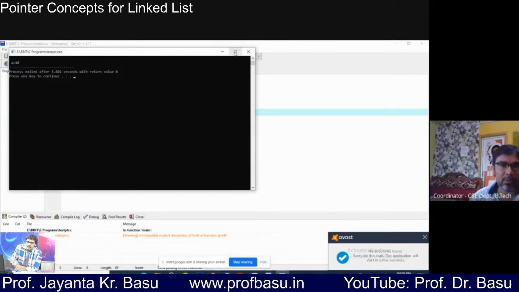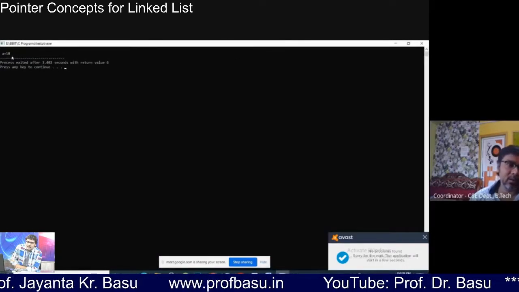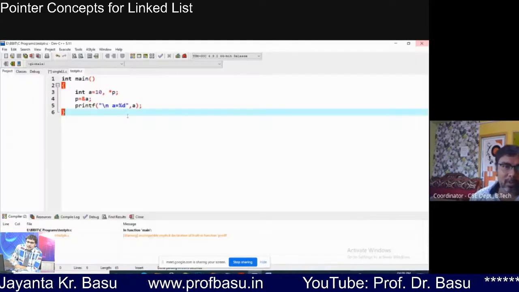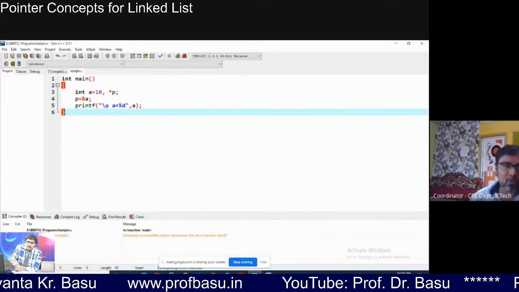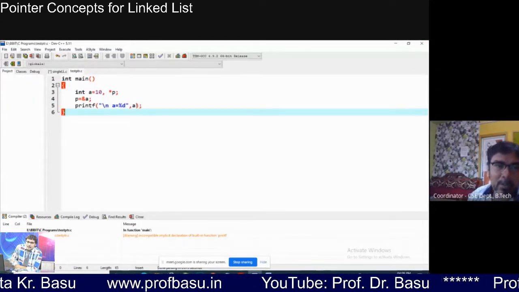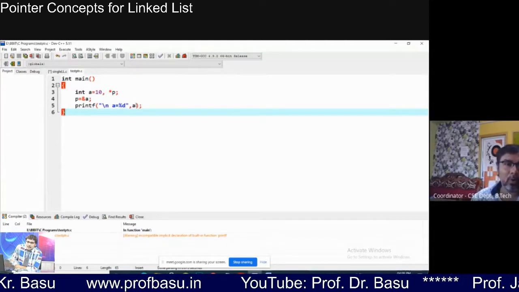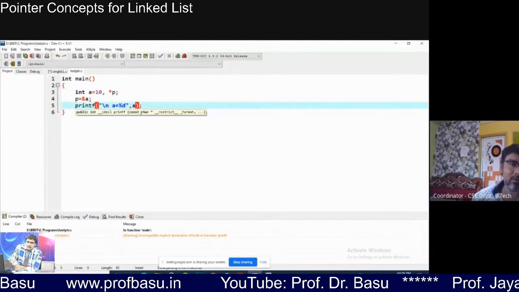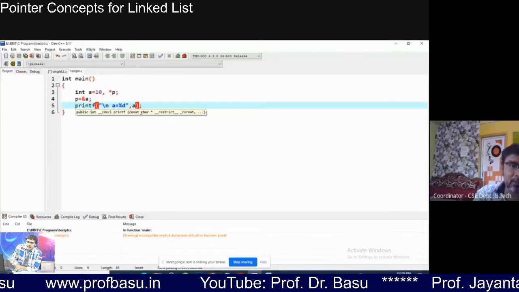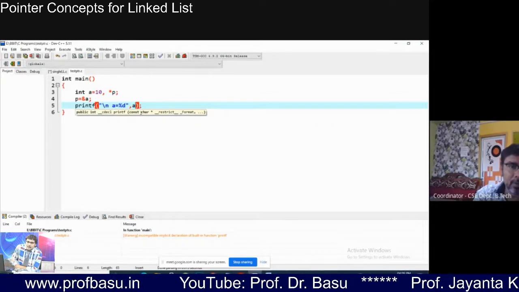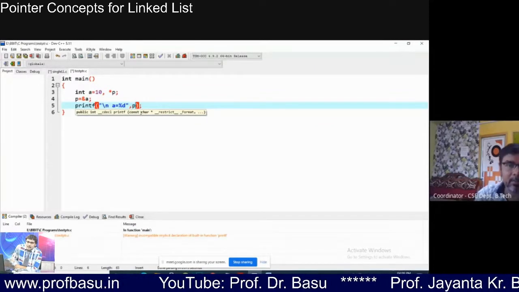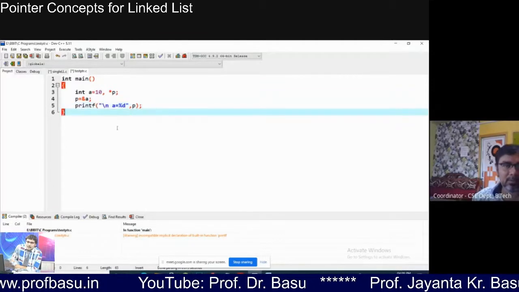10, দেখা যাচ্ছে a is 10, okay, very simple, but I want to now print the value of a not using a. I want to print the value of, okay, let me print the p, let's see what happened.